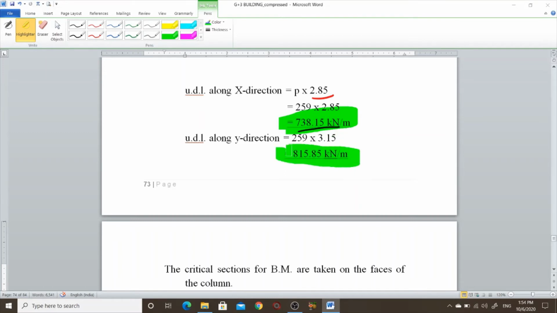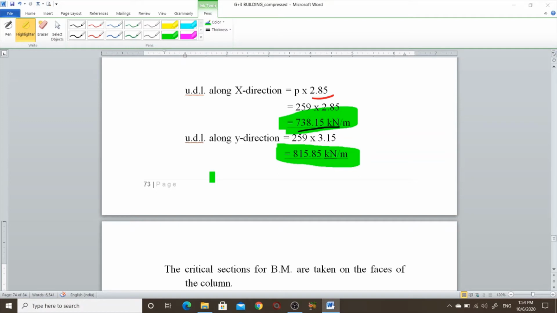So UDL along the y direction is 815.85 kilonewton per meter. By this load we can find out the maximum bending moment.